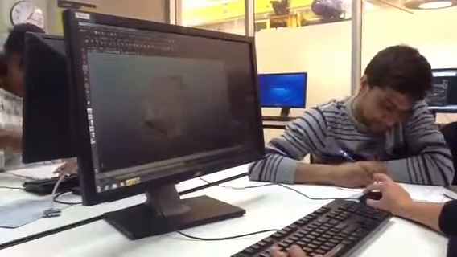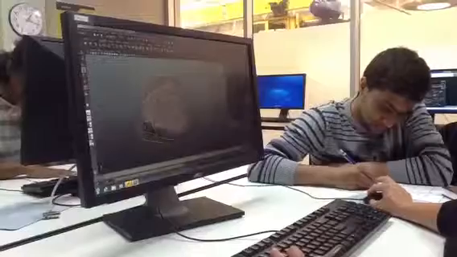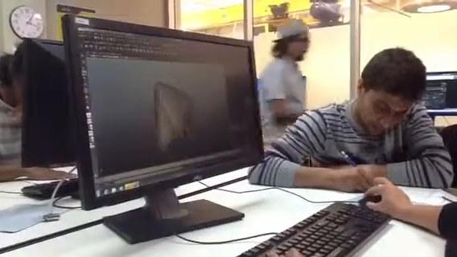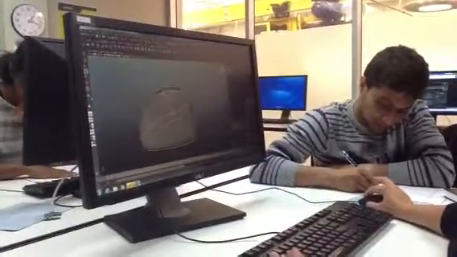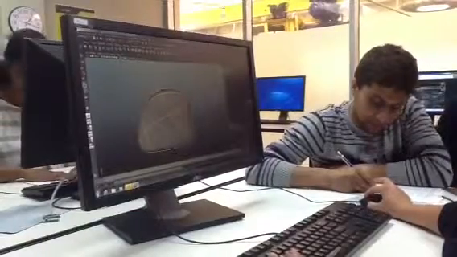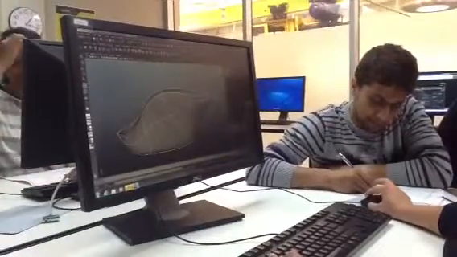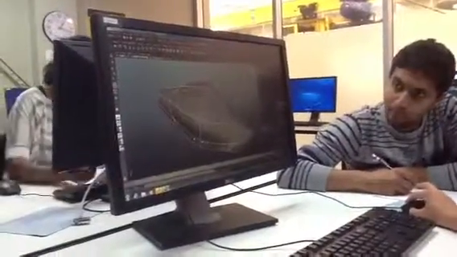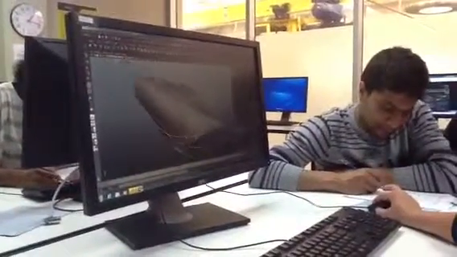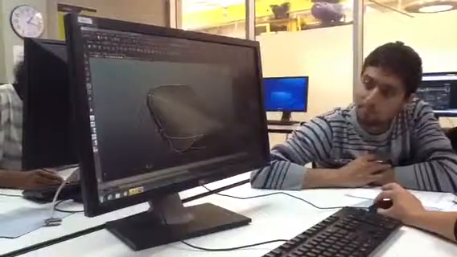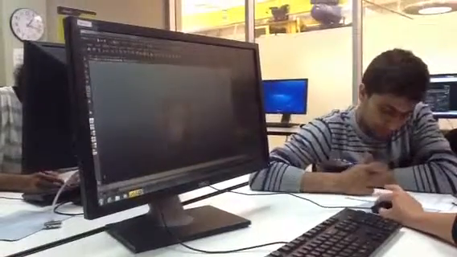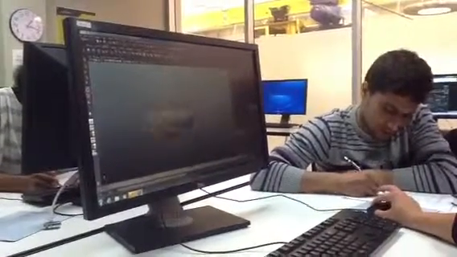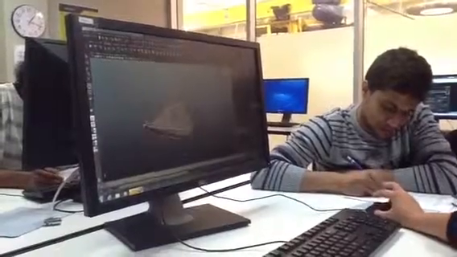I could start to make a form, just using these points. And I could expand. So one could go and create a whole geometry purely based